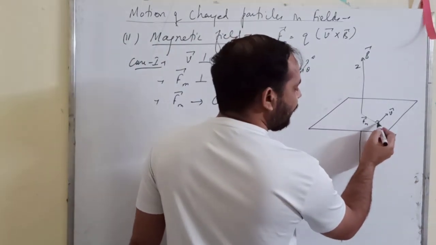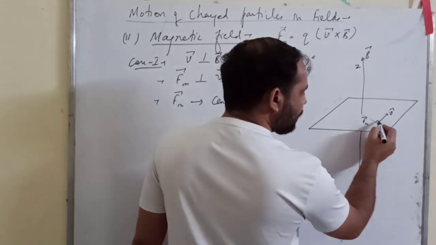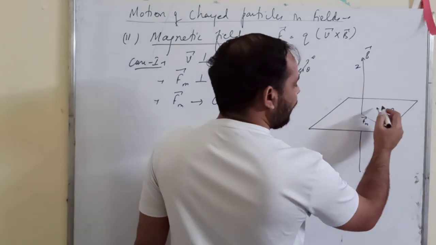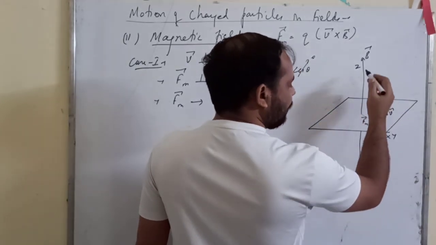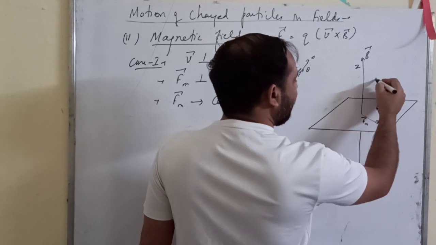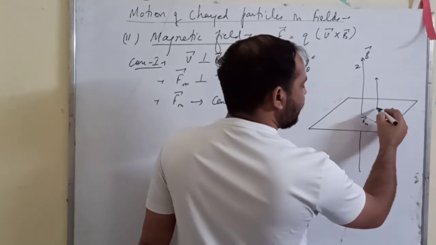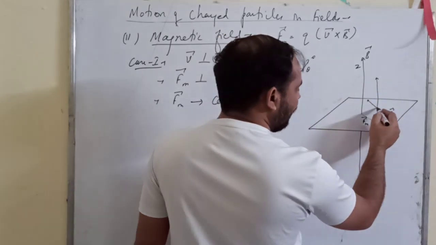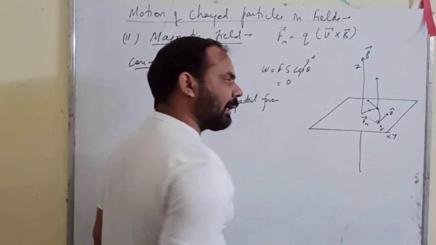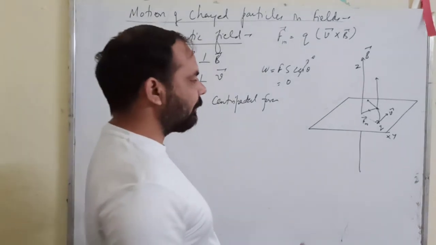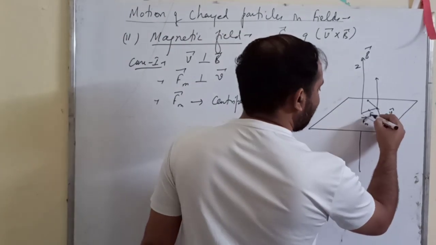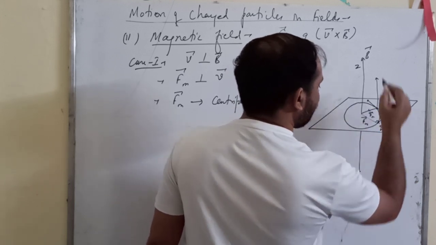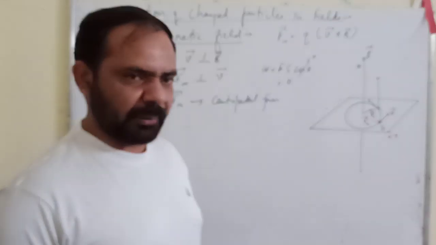Now the charged particle, suppose it was moving like this, but it will not go like this, it will move this way. Now suppose it reaches here. Again the magnetic field here is perpendicular, right? And the velocity vector is tangential. Then again you can find the magnetic Lorentz force with the help of Fleming's left hand rule. The magnetic Lorentz force will have this direction, so again it will turn like this. So what will happen? It will move on a circular path.